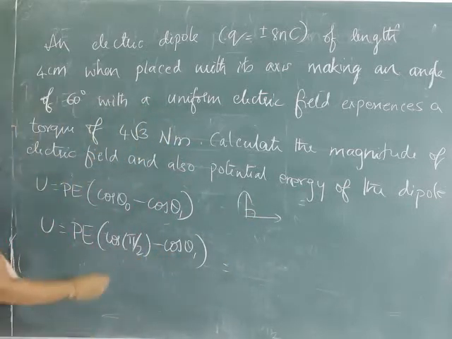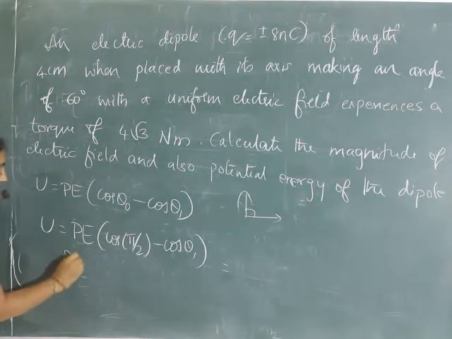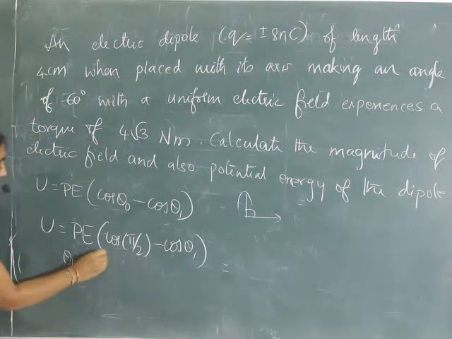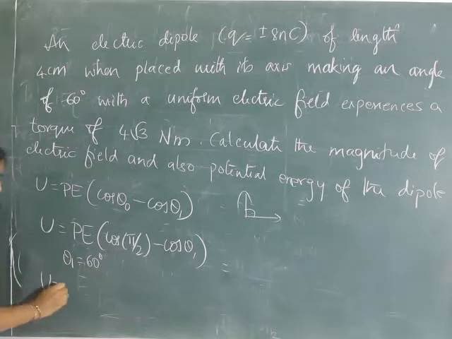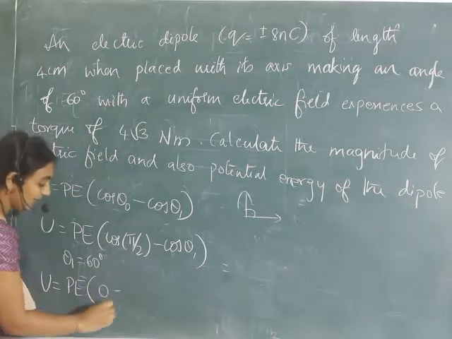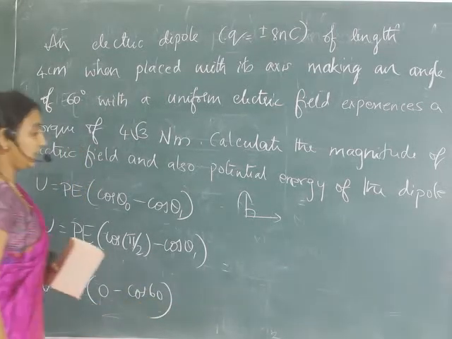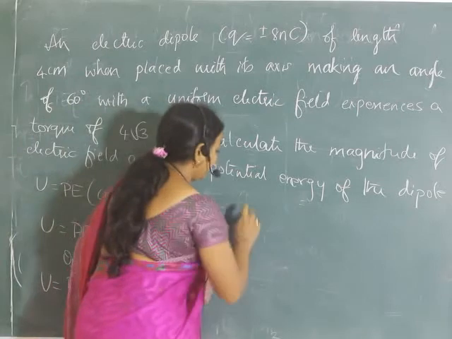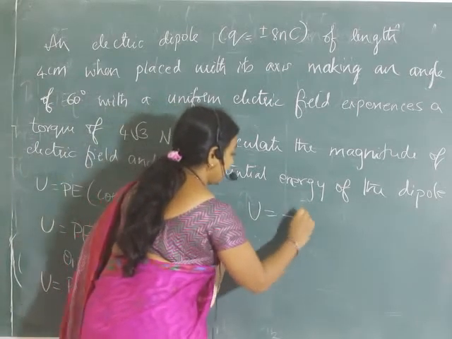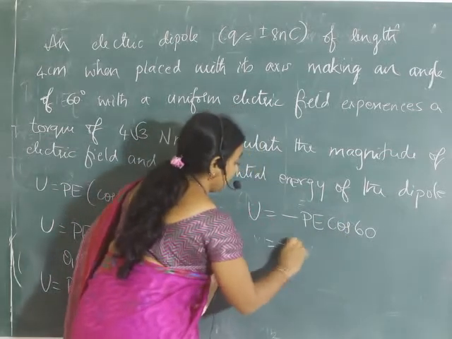Therefore cos of 90 minus cos theta 1, where theta 1 is equal to 60 degree. Okay, so U is equal to PE cos 90 is 0 minus cos 60, or else U is equal to minus PE cos 60